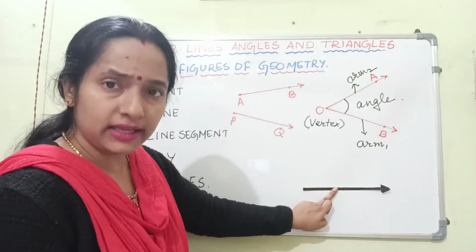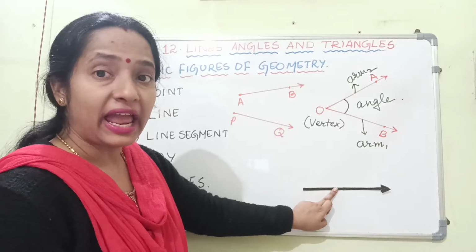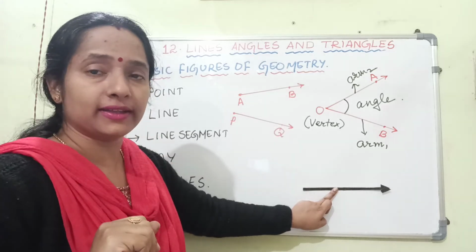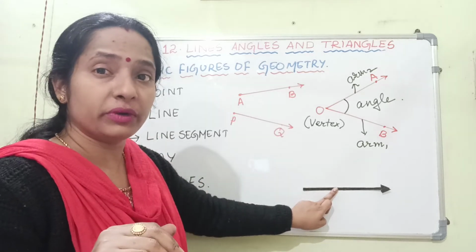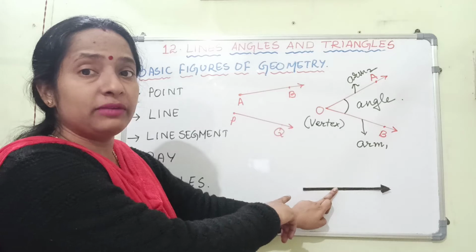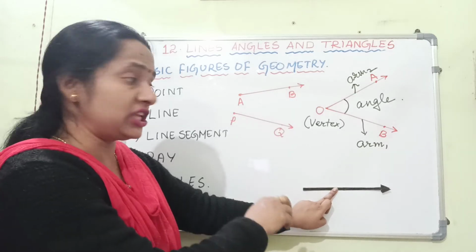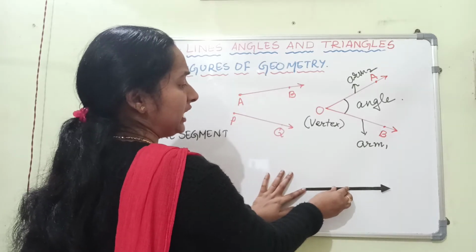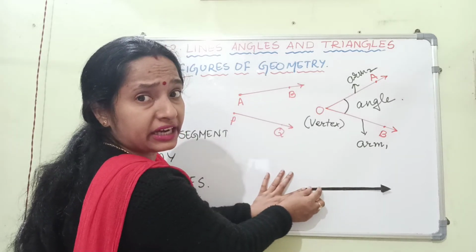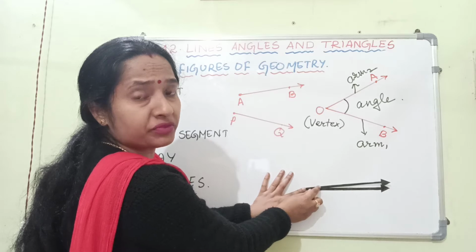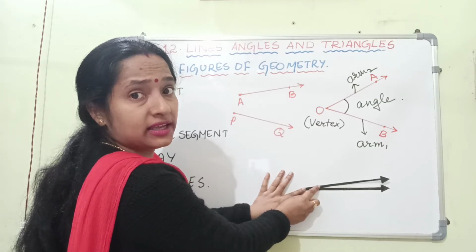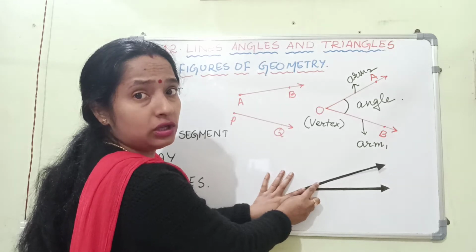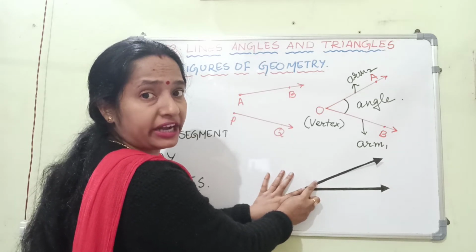Are they creating any angle between them? As both the rays are coinciding or overlapping on each other, there is no angle formed between them. So the angle between these two rays is now 0. Now, keeping one of the arms fixed, I am slowly trying to move the other arm. Now you can clearly notice and observe that some space is created between these two arms or these two rays.